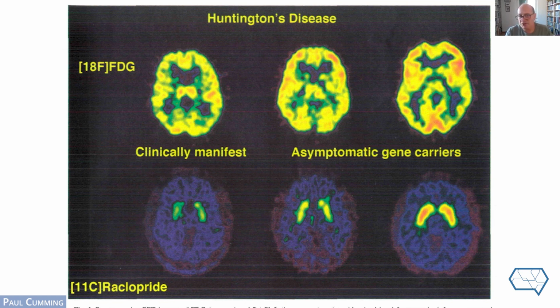And that is indicative of the degeneration of the neurons of the striatum, which bear the dopamine receptors. And in fact, I would go further to say that asymptomatic carrier number 1 is halfway on the road to Huntington's compared to the right-hand-most person who seems to have a much more intact basal ganglia. So that's interesting because we can see separate channels, energy metabolism in the upper figure and dopamine receptor binding in the lower figure. And both of these changes, degenerations, seem to occur in parallel.